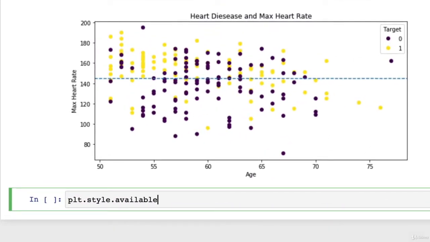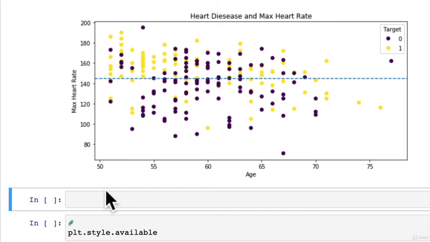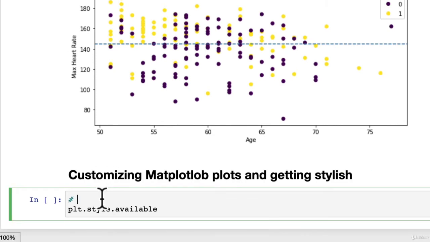So the beautiful thing about Matplotlib is that, again, one of its other customizable parameters is the style of plot that you're using. So if the default one, which is what we're kind of using now, doesn't quite look how you want it to look, you can try other different styles. So let's go down here. We'll make a little section, customizing Matplotlib plots and getting stylish. Yeah, that's what we're going to do. We're getting stylish. See the different styles